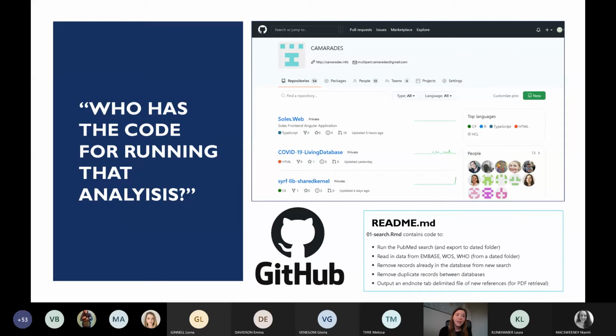Also, just a note to say that just by putting all the code on there, obviously it's not immediately useful. You also need to have README files, which in our case, we're trying to write README files that say this code specifically does these things. You need to be really explicit. And this means that people, even those that don't write code, should hopefully be able to open your code and run it and understand what it does.